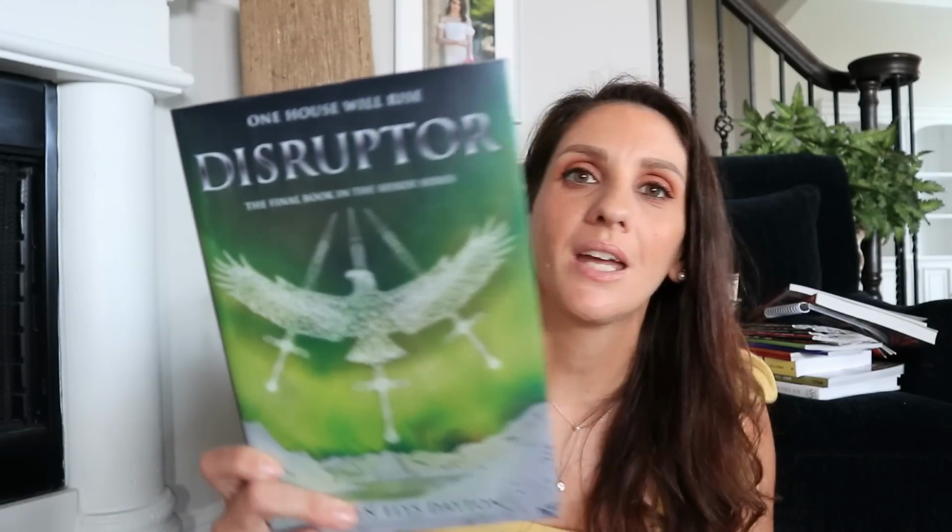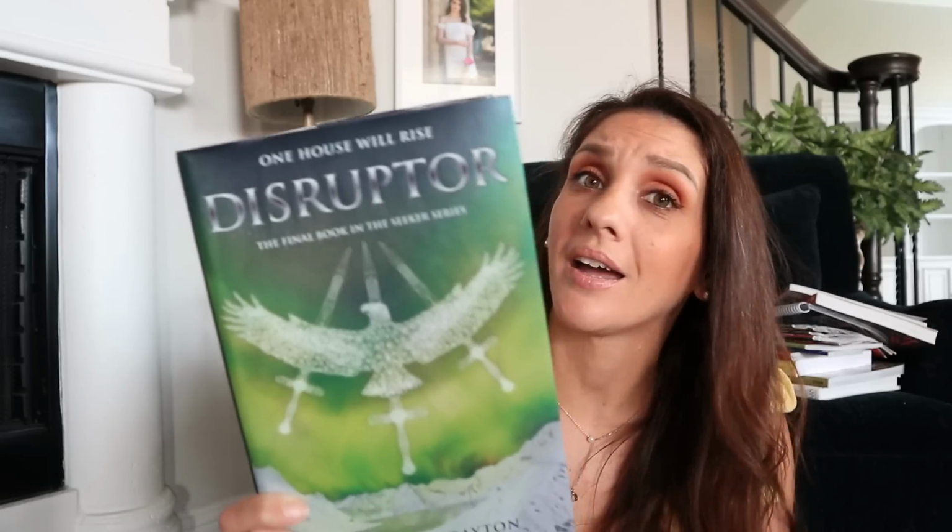I found this book. It's called The Disruptor. It looks like the big novels that are out today at Barnes & Noble. Apparently it's a series of books. I don't know what I'm missing exactly, but this is the final book in the Seeker series. And this one's at the top of my list to read. It says, One House Will Rise. Kind of gives me a little bit of a Harry Potter vibe, but I don't know if there's power in here. Oh, not like that kind of power, just like family. I don't know if there's magic in here or what, but I definitely cannot wait to...